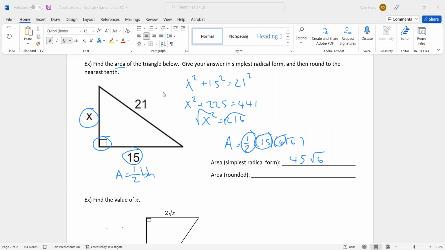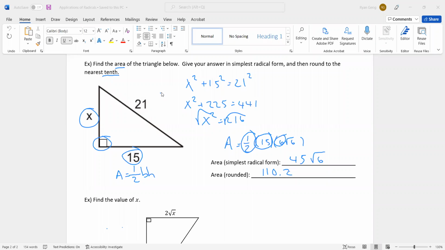Now I want the area rounded, and it says round to the nearest 10th. So now I'm going to type that in the calculator. So I'm going to go back to the calculator. And I'm going to type in square root of 6 and then times that by 45. And I get 110.22, so just 110.2 units squared would be the label on that, but I'm not too worried about the label at this point. Okay, so